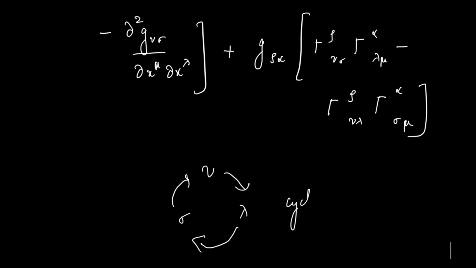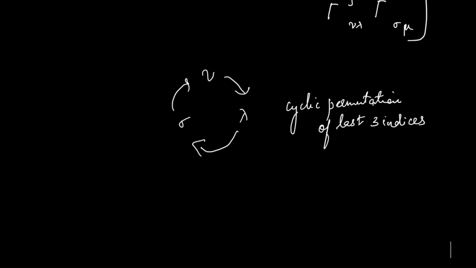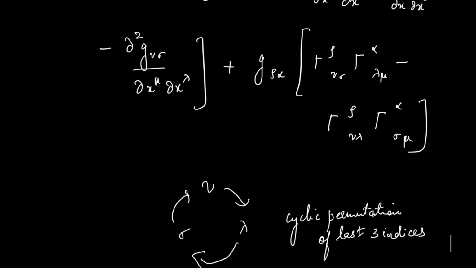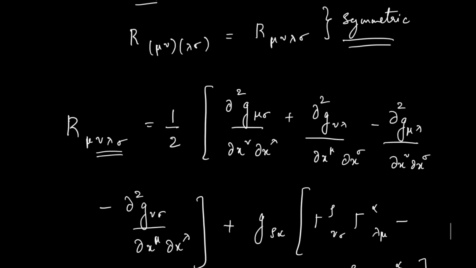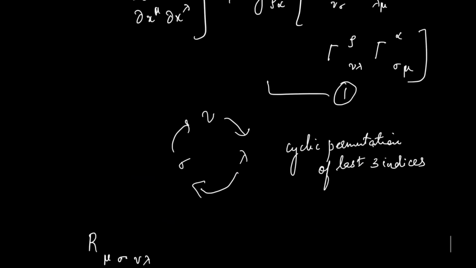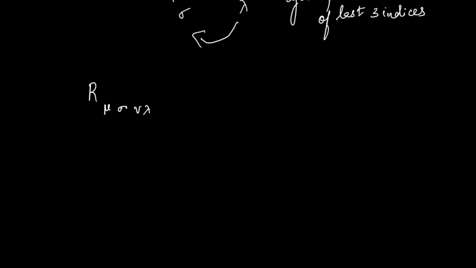I am going to do the cyclic permutation of last three indices. Let this be equation number 1. Now I am going to do the first cyclic permutation of the last three indices. Then we get R mu sigma nu lambda. So here I have done the first permutation. So R mu sigma nu lambda is equal to